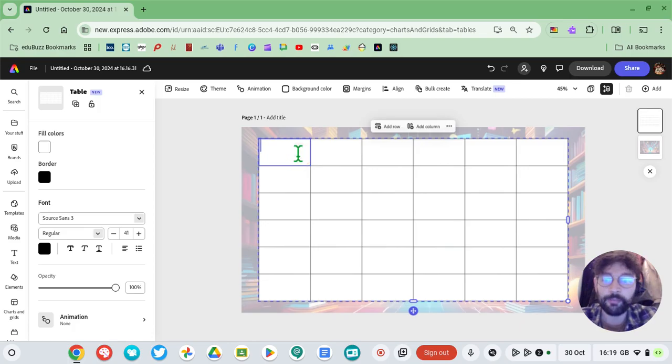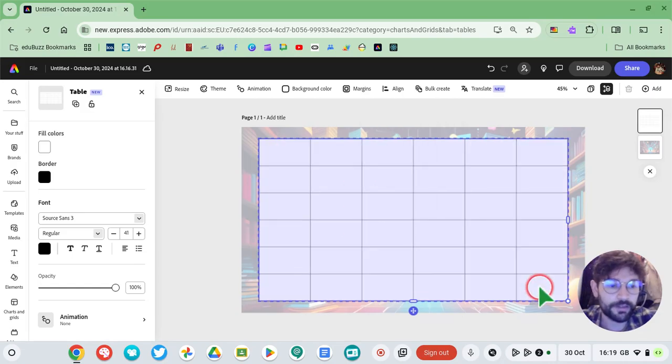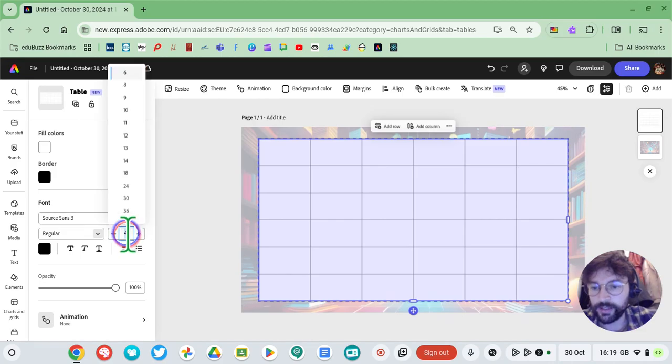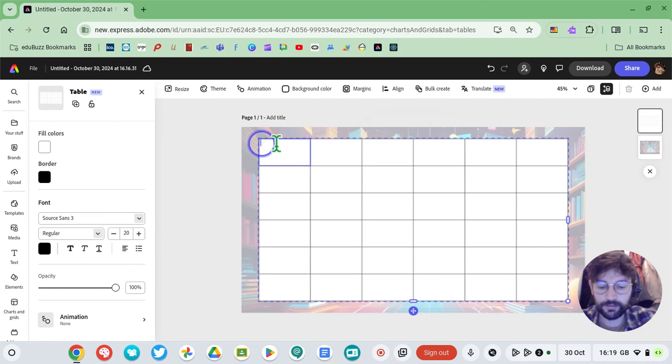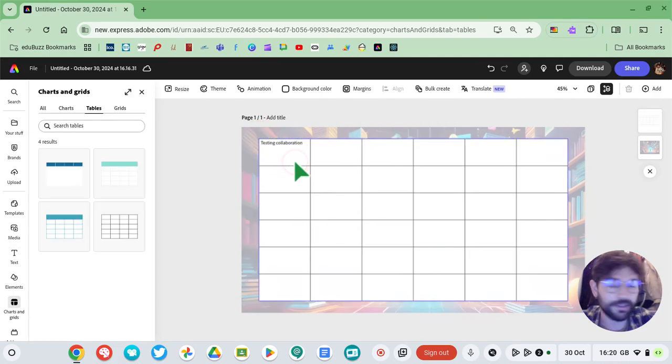Now, by default, Adobe Express will set the text font in there to quite big. So what I would do is highlight all of this, and change the text size in here to maybe 20, so half the size that Adobe Express suggests. So you can see that I've tested the little text box and I've added a little input in there. Now, if this, for example, is a KWL grid for our topic on Egypt,